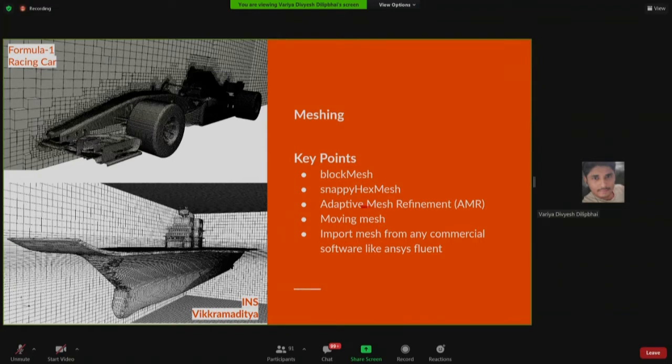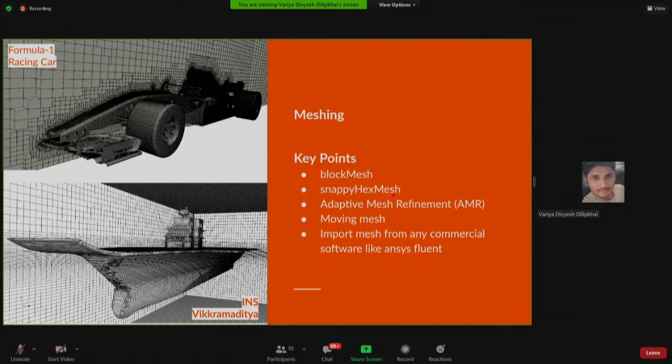Now, what if I have a CAD model and I want to mesh it? For example, I have this Formula One racing car and I want to mesh it. How can I do that? I have this huge INS Vikramaditya model and I want to mesh it. How can I do that?